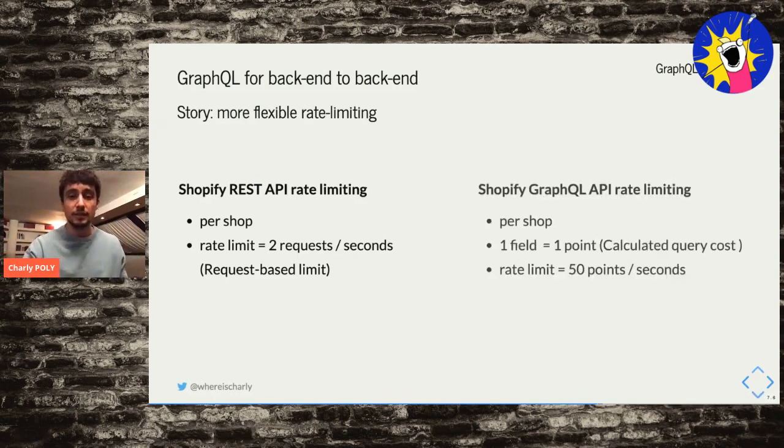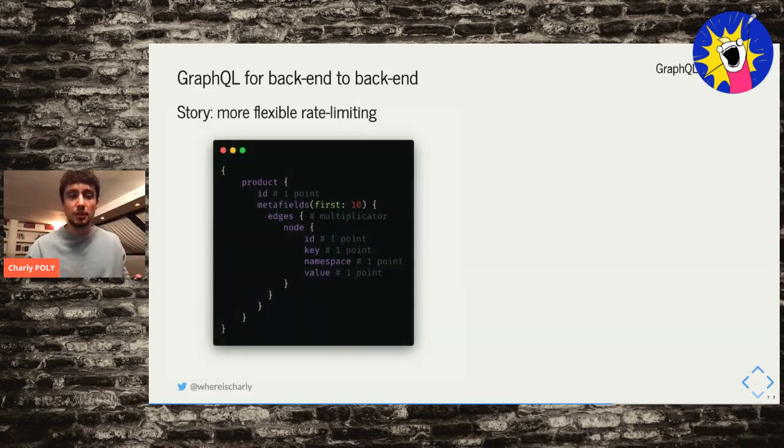So we started to look at the Shopify public GraphQL API, especially because they have a very different kind of rate limiting by design, thanks to the structure and the types and the way that GraphQL is working. And what they provided is what we called calculated query cost rate limiting, where when you do a query, you have 1 point for every field that you query. And then the rate limiting was like, okay, you can use 50 points per second. So we decided to give this a try. So let's take a look.